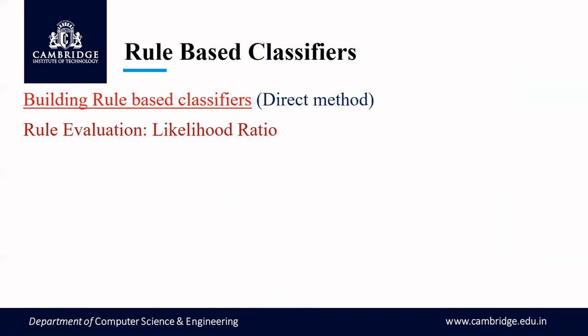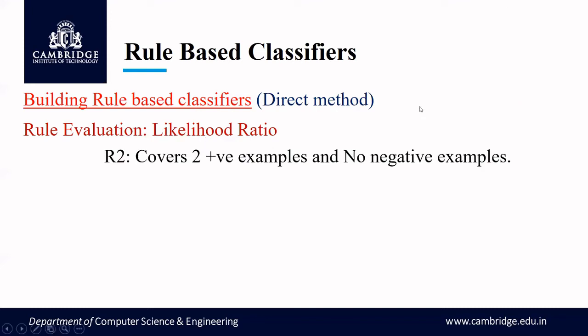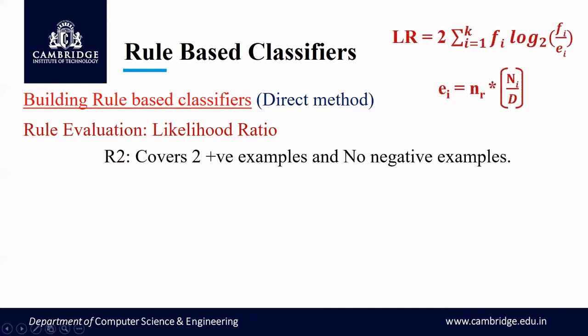Now we'll take the second rule and perform the same thing. So here the formula remains the same. Formula won't change, right? The only thing that changes is the values for each term. So here the k value again will not change, because we have considered the same training record, which has a positive class as well as a negative class. So the k value is 2 only.